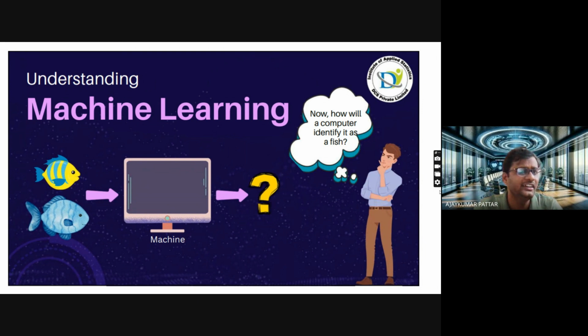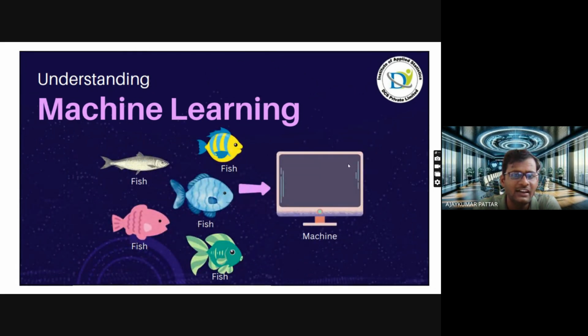So what about machine learning? If you give the fishes' photos or data or images, in whatever format, to the machine, and we tell it these are fishes, the machine will not directly identify them. We give the input, these images or any kind of data, to the machine, and we train that machine: these are called fish.